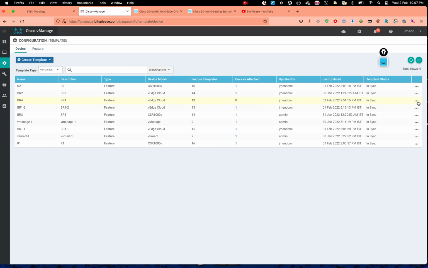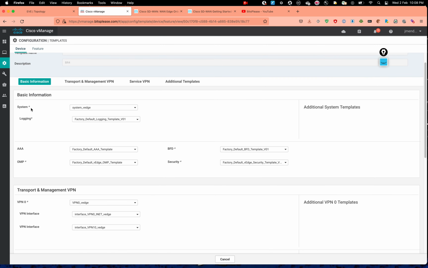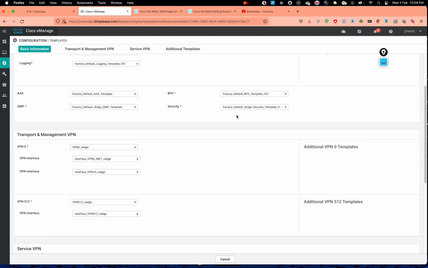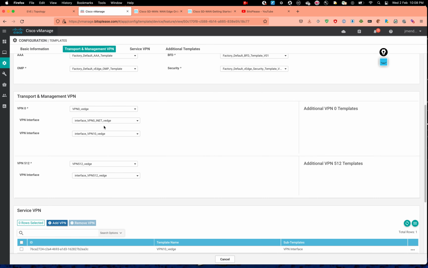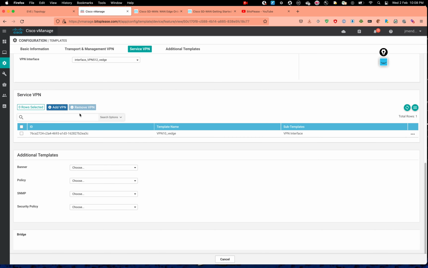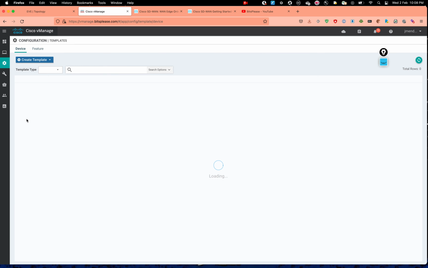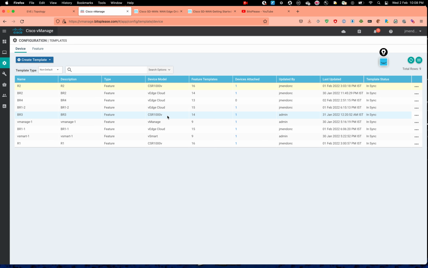This is a typical device template, right? Nothing fancy. You can have a look at it as well. Let me show you. So it has a very basic system template. It has your default stuff, and then you have a VPN 0, VPN interface. There is a VPN 512, and there is also a service-side VPN, right? That's it. There's nothing very fancy here. Very, very simple template to bring up the branch device. You can prepare your own template based on that, right? So you can look at my videos on creating templates in the series. I've covered that. Okay, so for now, let's assume that we have this template ready,